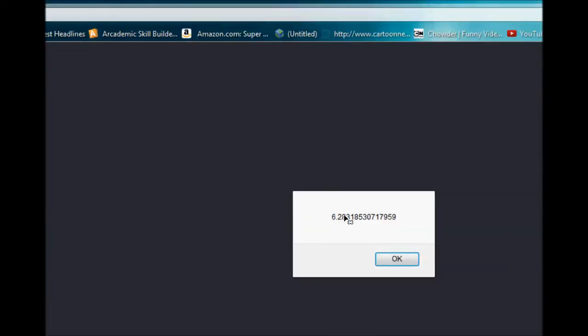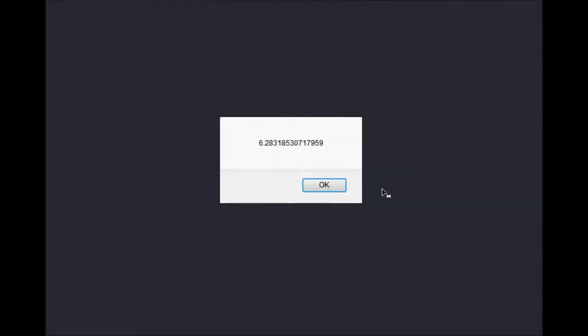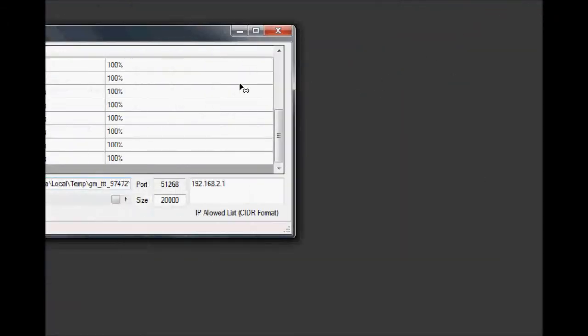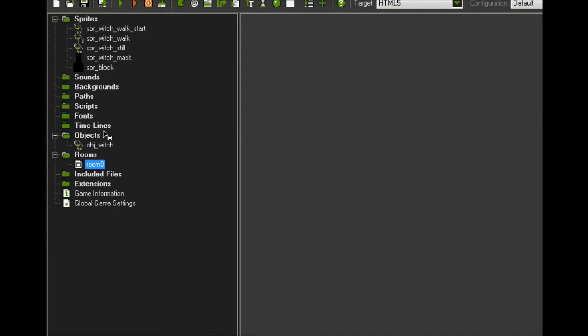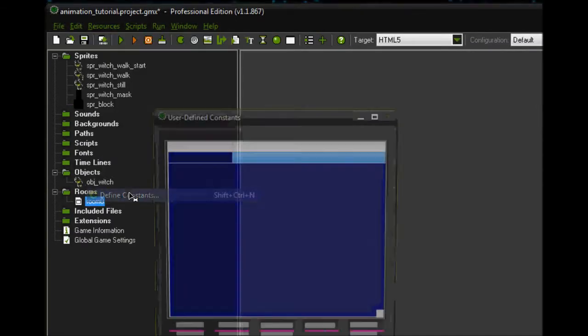Yeah, 6.28, that's 2 times pi. So instead of having to type in 2 times 3.14, we just typed in the constant pi, and the program, or the runner, or whatever you call it, translated that into the number we had put in. So constants are a really good way of storing